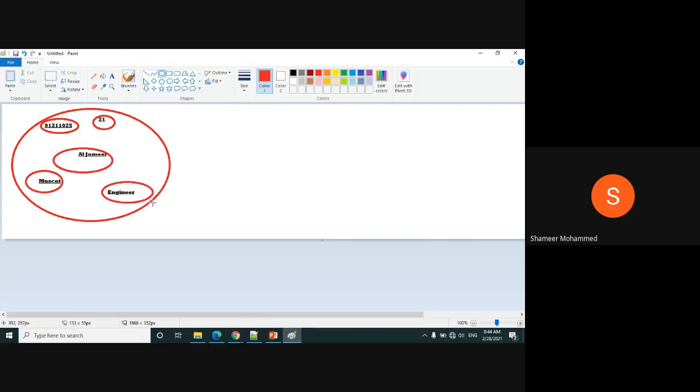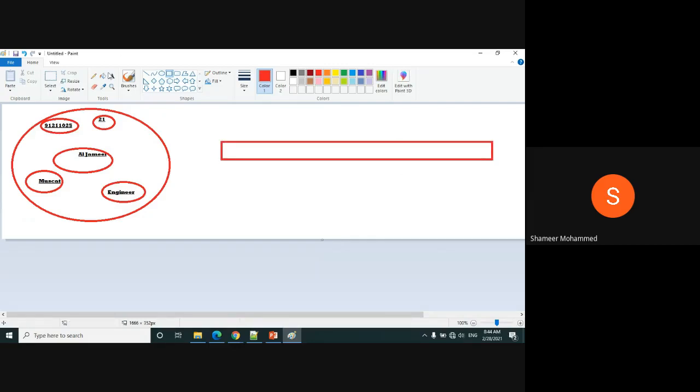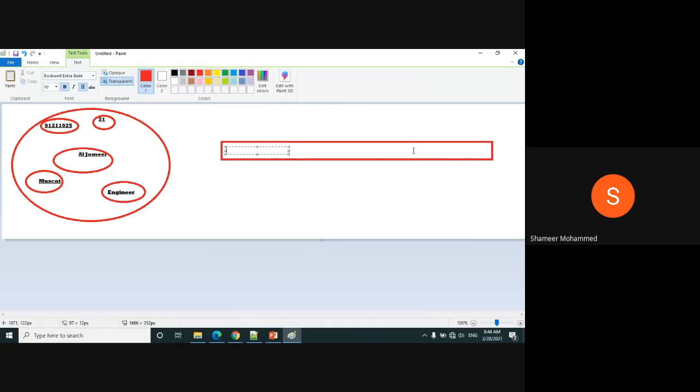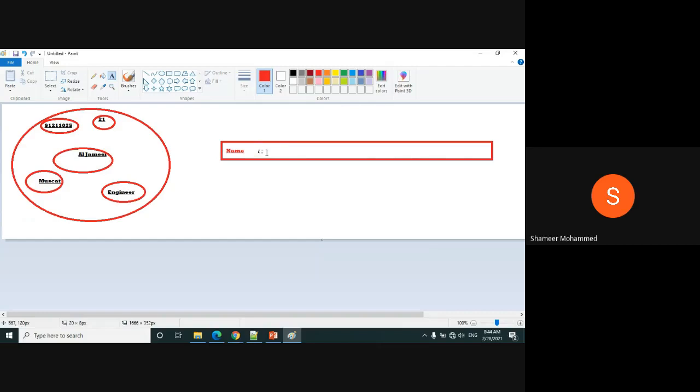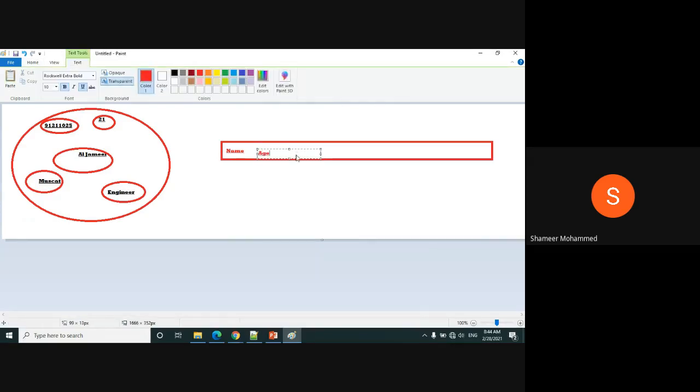So by taking all this one, what you will do is you are going to design or give some relationship. So you will say here, this is your name. And you will say, this is your age.